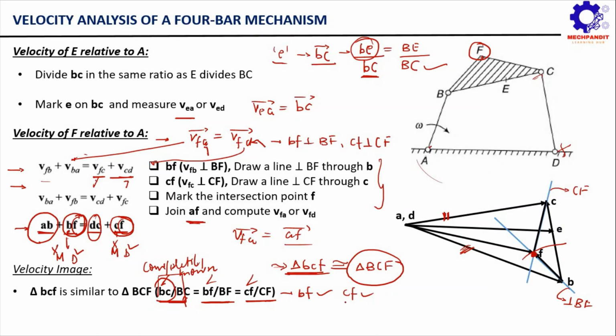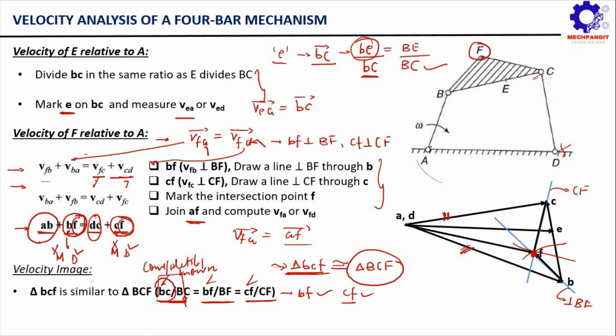And now again take a compass, take this radius CF, this length CF, keep your compass here, draw another arc, and obviously the intersection of these two arcs will be this point F. So that is another trick to solve for the velocity of an offset point. For an offset point, generally you follow these two rules: either you draw two perpendicular lines or you simply draw